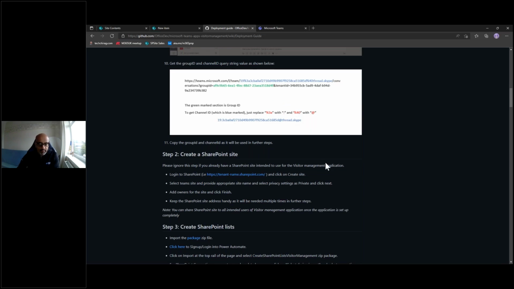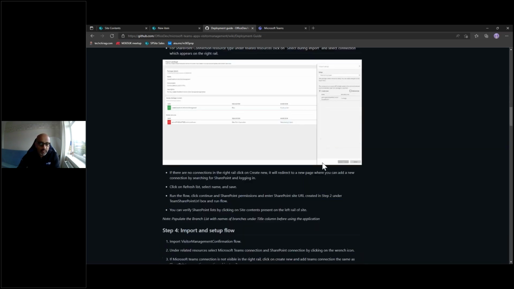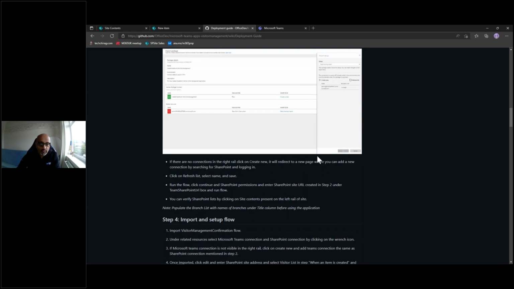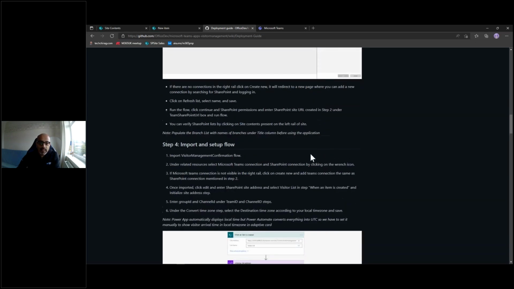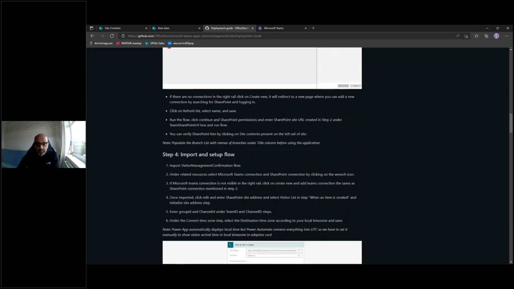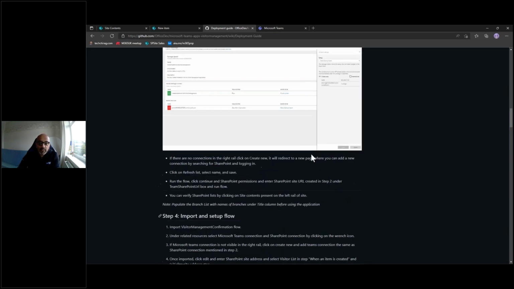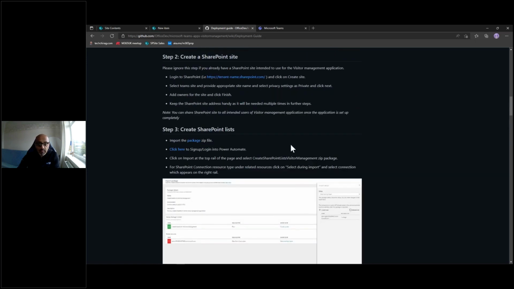So it may look technical, but it's very easy to follow, and I use it all the time for my customers in order to deploy some of these solutions in their teams' environment. Of course, it is an open source community, so I do recommend you test this in your test environment or even a demo environment. So if you sign up for the Microsoft 365 developer program, you get essentially a free tenant